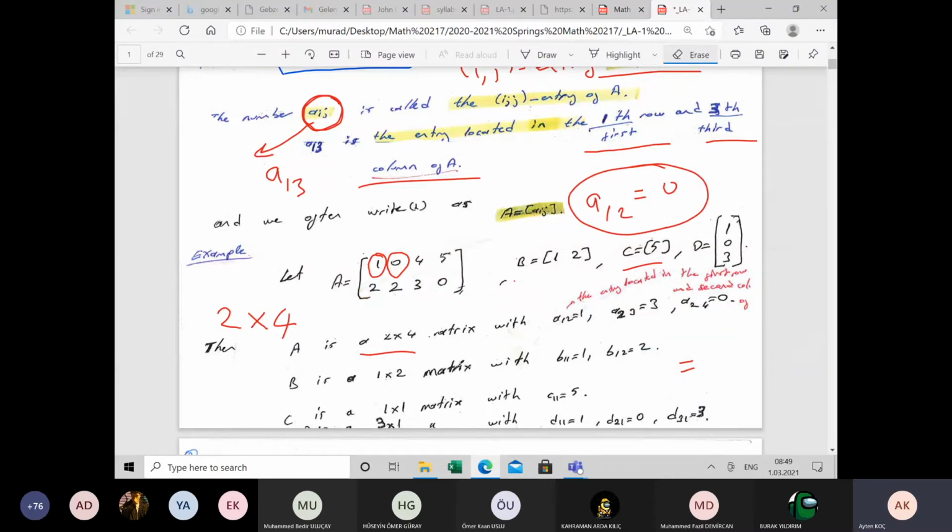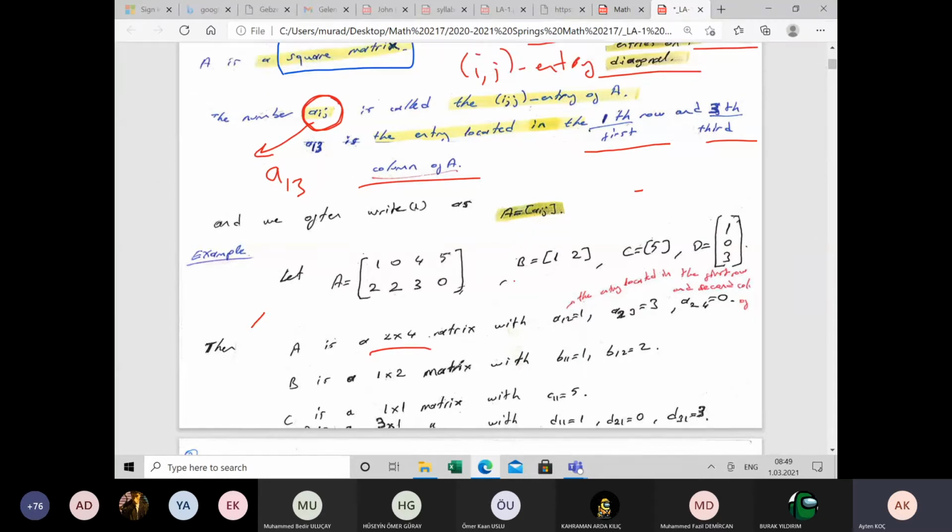Consider all the matrices here. What can you say about these matrices? Look at the first one, a 2 by 4 matrix with some entries. And B is a matrix. What is the dimension of B? It contains one row and two columns, so B is a 1 by 2 matrix, and it contains only two